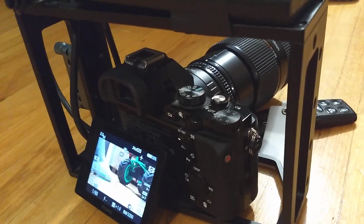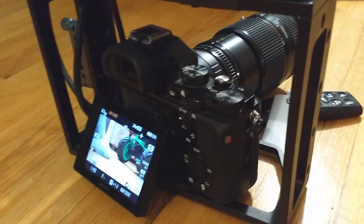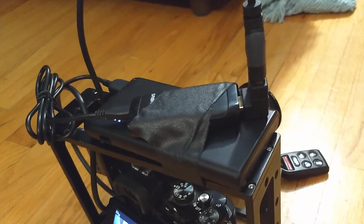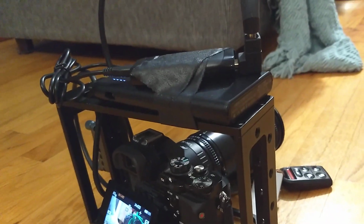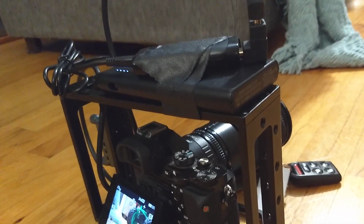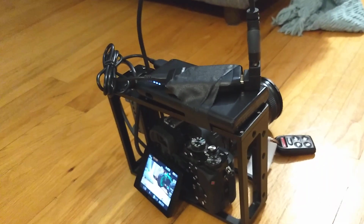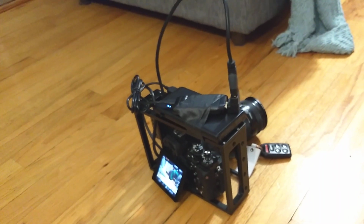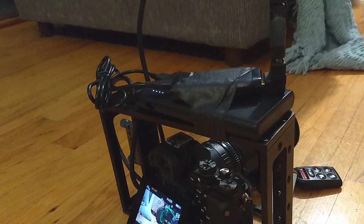Okay, so this is just a quick demo to show my proof of concept that this works. I've got a camera here in a cage, this is an A7S with a Sabrent HDMI extender wireless system, which you can see is very elegantly gaffer taped to a battery supply. It's just a USB power supply, and that's that whole unit. The wires make it look really messy, so I'm hoping I can find some shorter wires to